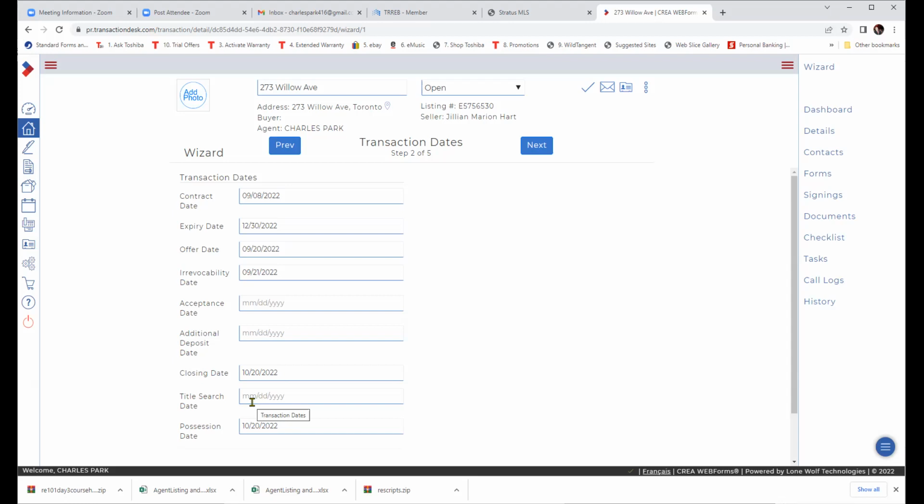I don't know. See? I'm not hearing anybody with the right answer here. Yet you're required to put in a title search date. The title search date is the due date in which the buyer's lawyer can examine whether the title is clean. Are there any liens against this property other than a typical mortgage, which we hope will be